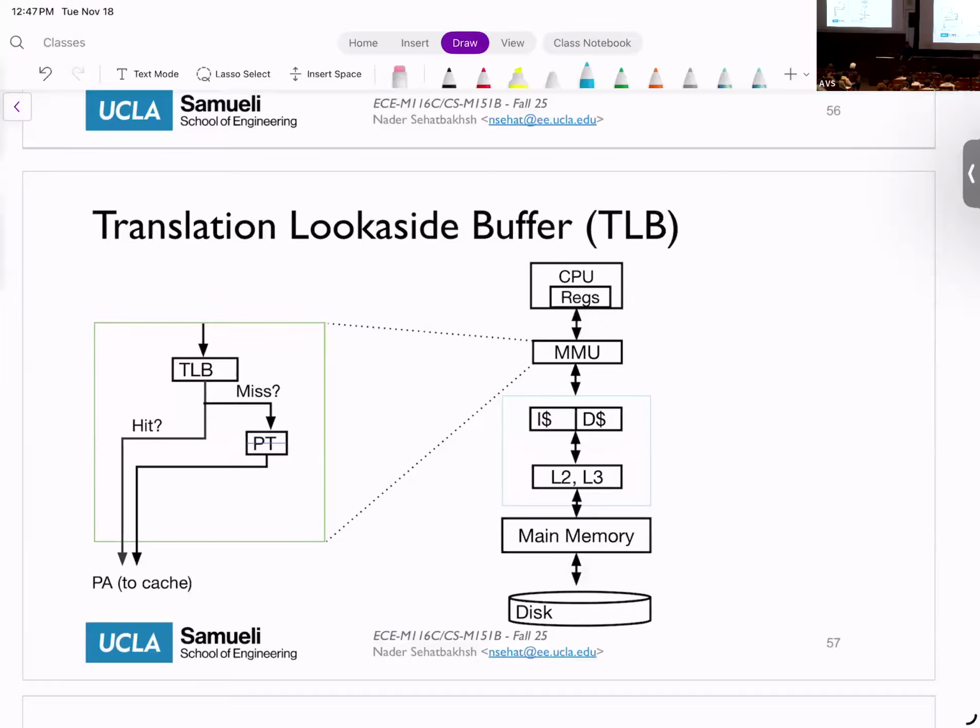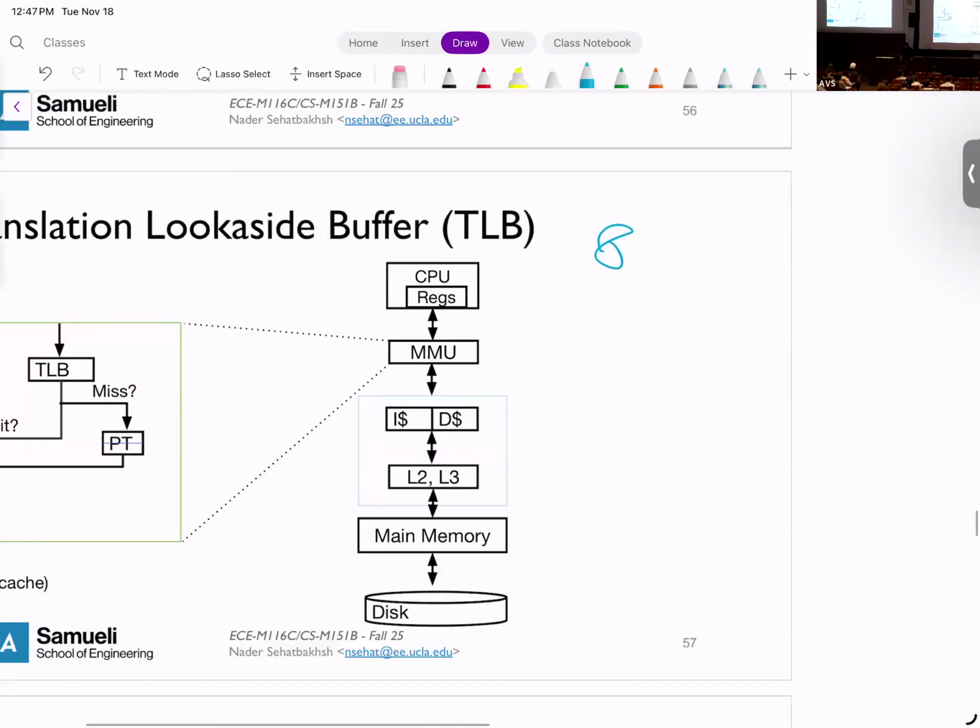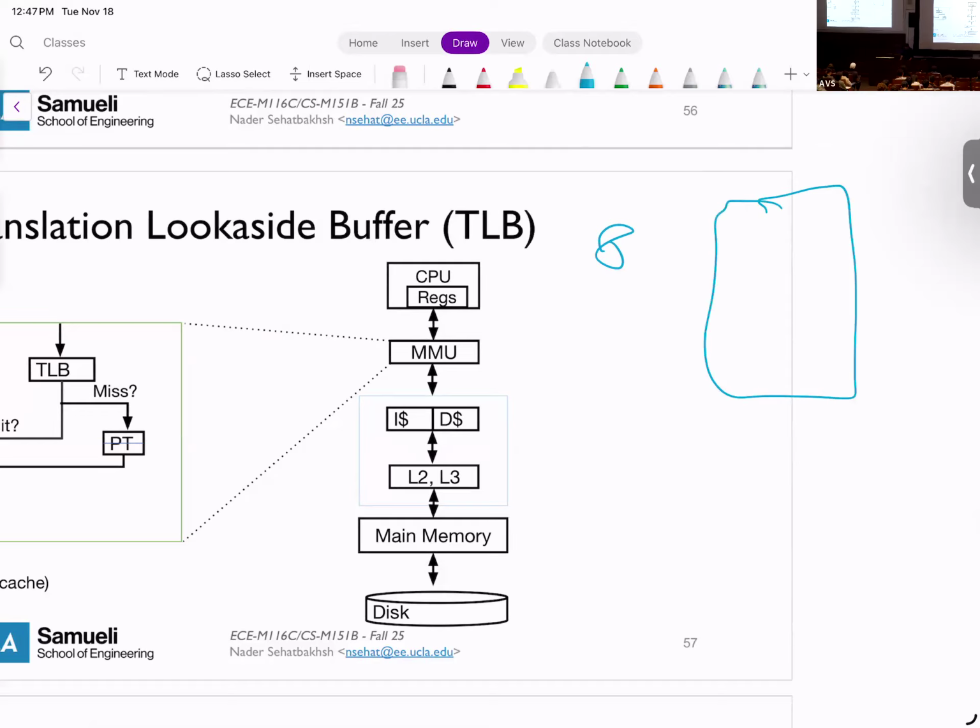Let's say I have, for example, an 8-entry cache. What I remember in this buffer is a group of VPNs and PPNs, say VPN 1,232,000 was mapped to PPN, I don't know, 232,000, something like that. So some numbers.